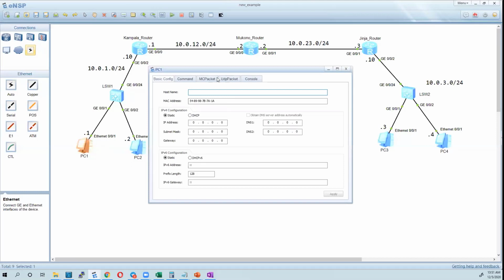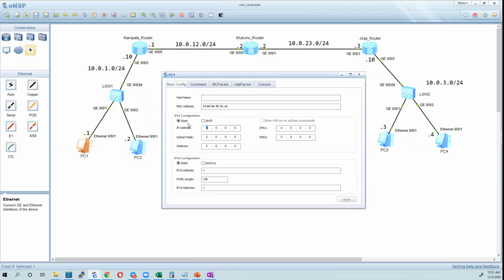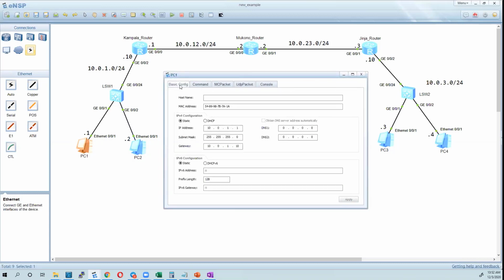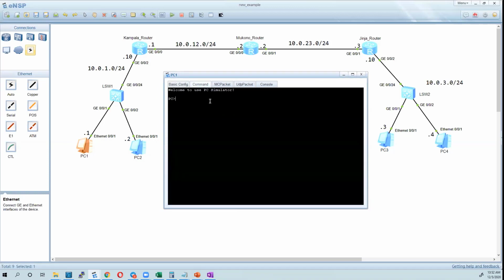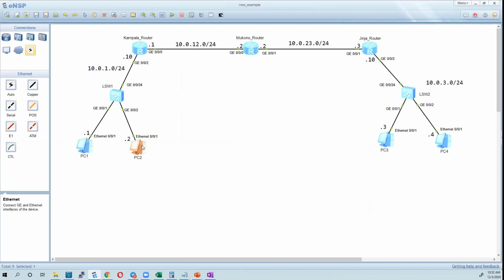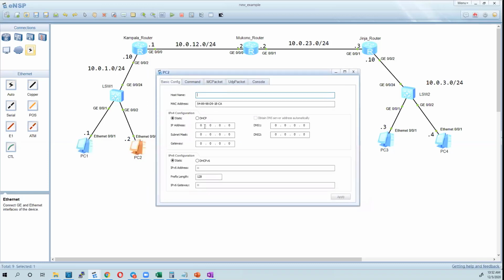Yes. So I'll start with PCs. This is going to be 10.0.1.1, 255.255.255.0. The default gateway is going to be 10.0.1.10, which is the interface of the router. Is everyone with me? How have you brought these things? I double-clicked on this computer like that. Yes, and I'm under basic config. Later on, I will go to command to ping. Yes. Okay, so I will open this also and type in